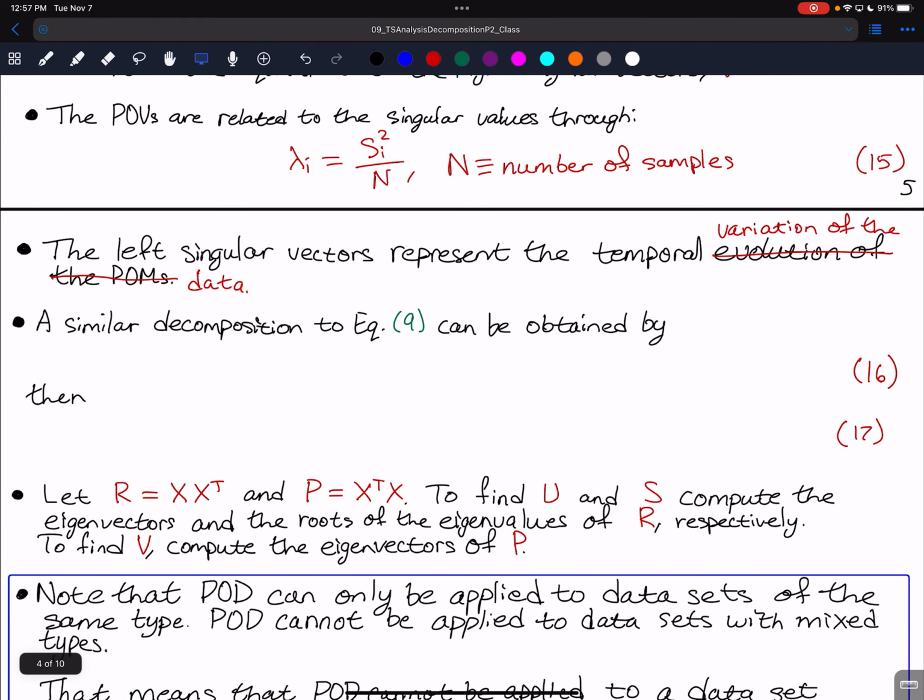Scroll a little bit too far. By doing that, what we can say here is that big A(t) is equal to U times S, which will then give us an n by m matrix containing the temporal variation of each of the POMs, and then we'll find that big X is equal to A(t) times V^T,